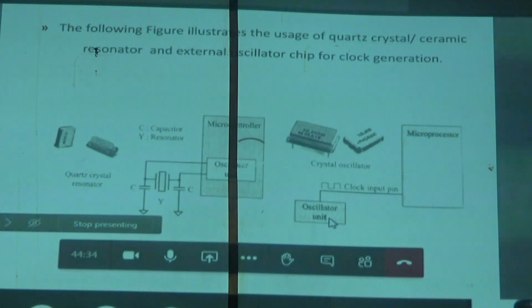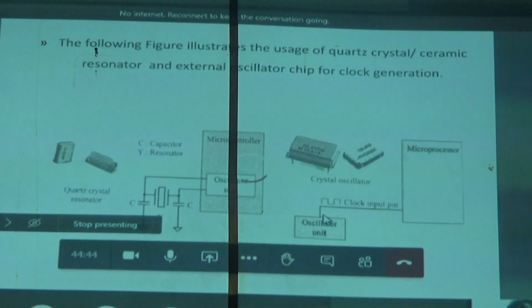This is explained here. The other side of the diagram is the oscillator unit consisting of this type of crystal resonator. What does it consist of? It consists of a quartz crystal resonator. What is the output of this? The output here is in the form of square wave signals, or a series of pulses. This series of pulses is given to your embedded device, or to the microprocessor, internally.